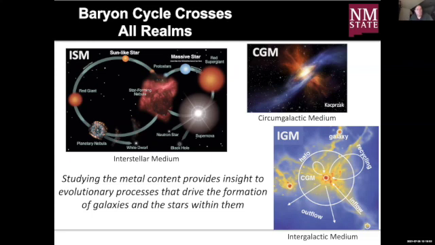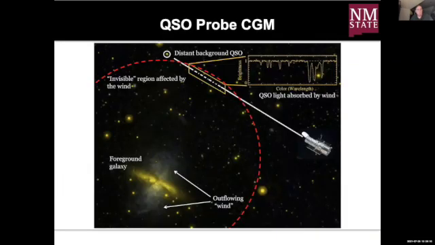So how do you know about the cycle? How do you understand it? Everything coming in and out through the CGM is difficult to pick up from an emission standpoint, although things are moving in that direction, but I don't think we're quite there yet. So we have to use other methods, such as using distant quasars to probe this, quote, invisible region in the CGM. Emission is something ELTs maybe can deal with in the future, but right now